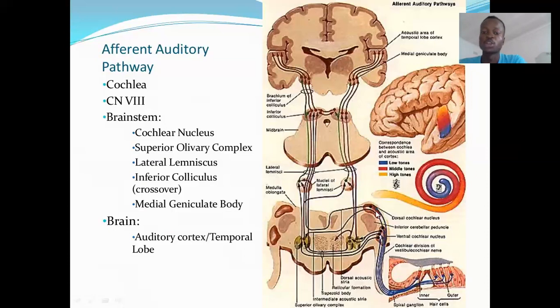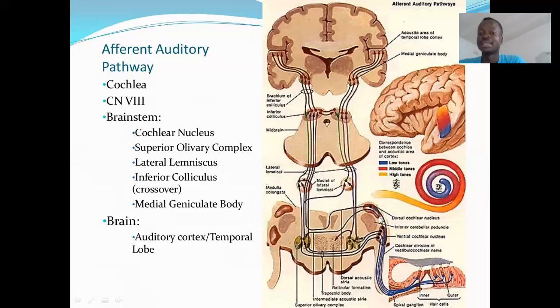So for this video, we'll particularly focus now on the cochlear nuclei going all the way up to the cerebral hemispheres. Any lesion that occurs rostral to these cochlear nuclei will not result in ipsilateral deafness, because most of the things are going to be bilateral from this point, right? So the cochlear nerve fibers that are coming, some of them will synapse at the dorsal